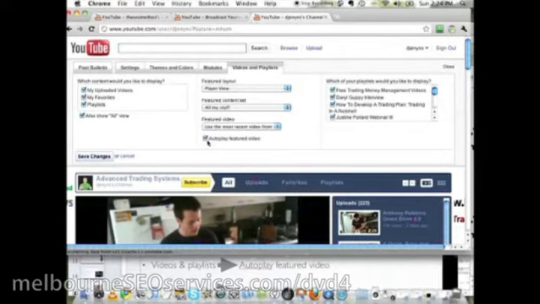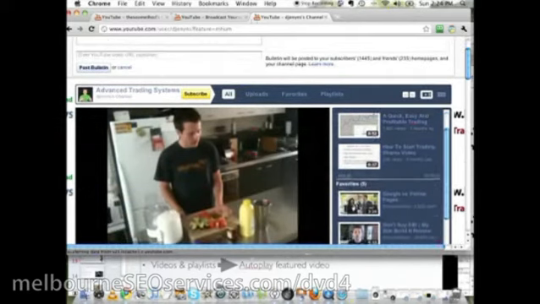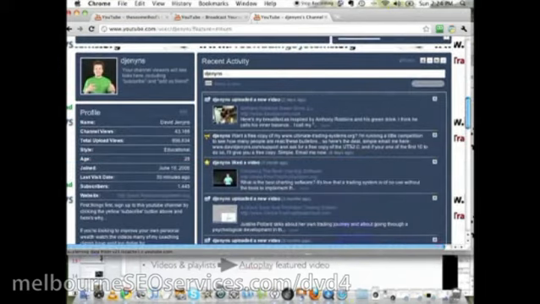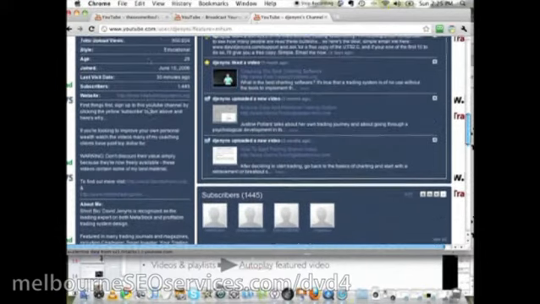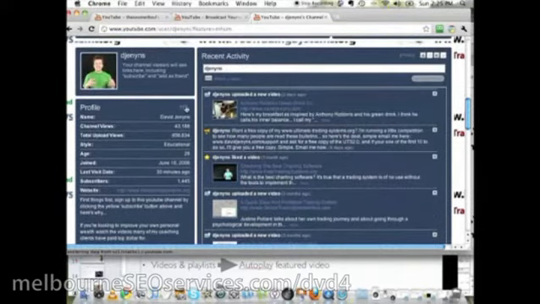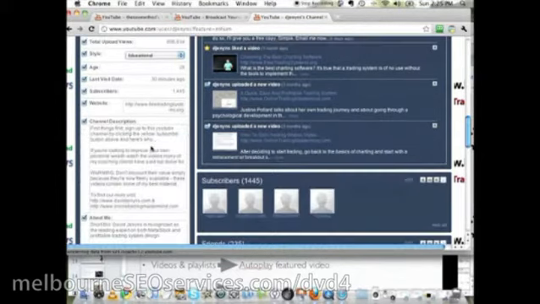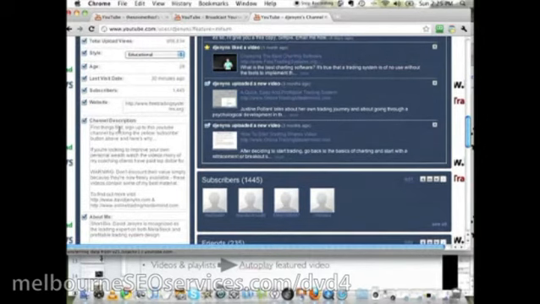The other thing that you want to do is, once you're on this edit screen and you're looking at your profile, you have the option to edit some of the text on the left-hand side, just down here. So under the profile, you want to go ahead, I fill out everything. I put all of my details, links to my websites. I make sure that whenever I add a link, I always do http